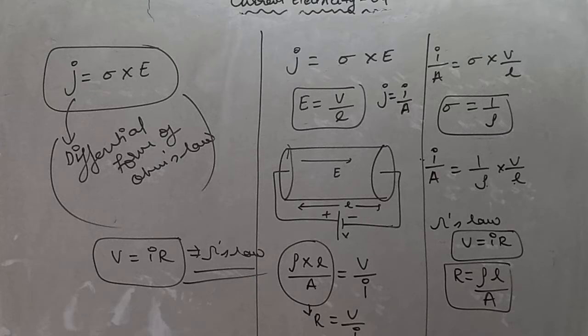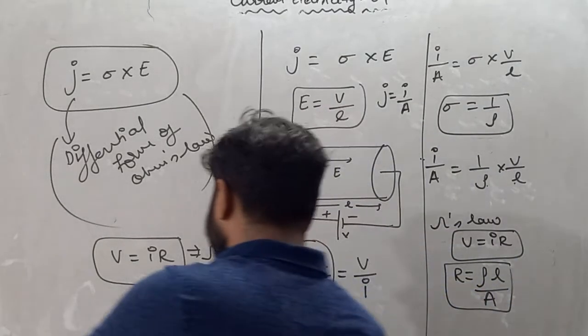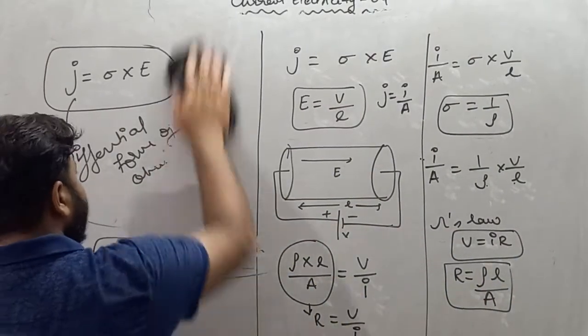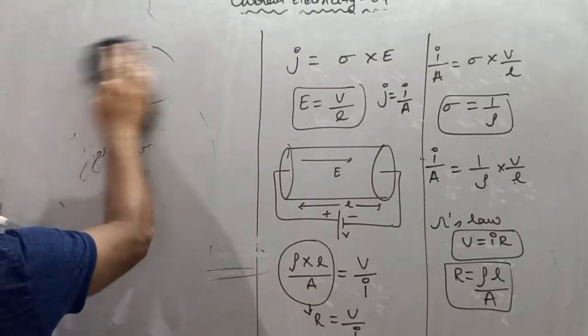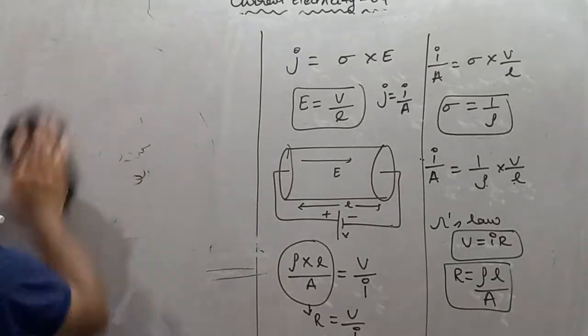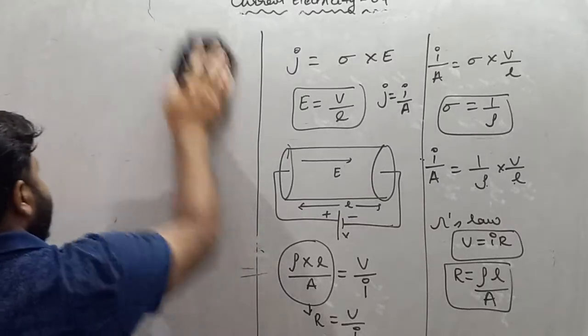Then we'll discuss the acceleration of a free electron inside the conductor. It is E/m. That acceleration is constant acceleration. Then we'll see how free electrons are in motion inside the conductor, but still we cannot get the current through it. So moving forward, my dear students, write down the next topic. It is mobility.